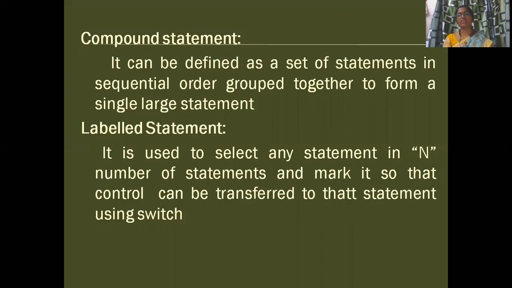Listen here. In a C program or any programming language, we write a set of instructions so that we can perform a task. While performing a task, out of n statements, we can select a set of instructions and they can be switched to some other statement which can be labeled. That means those groups of statements can be given a name. The name is nothing but a label. So it can be switched from the normal control of execution to some other place, which I am calling a labeled statement.